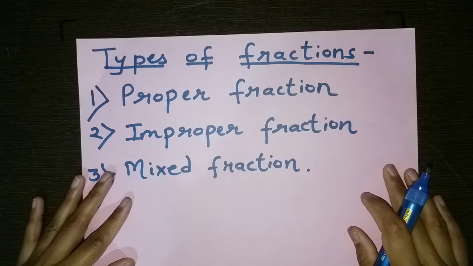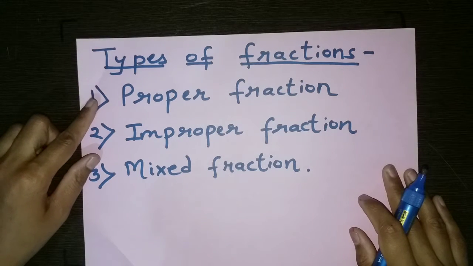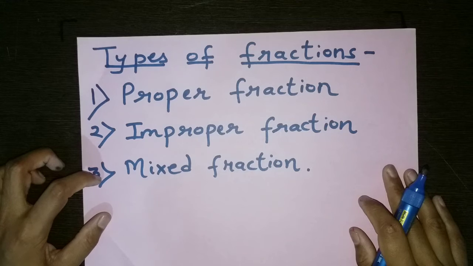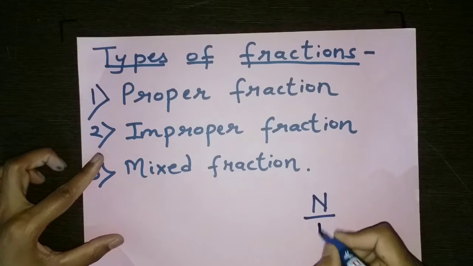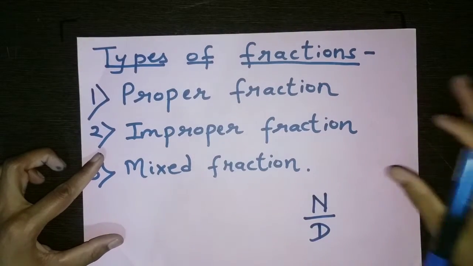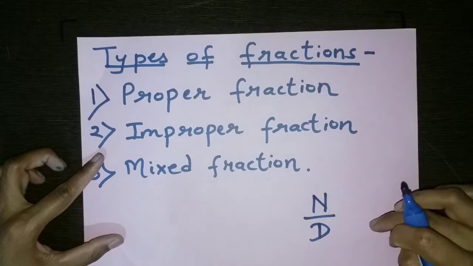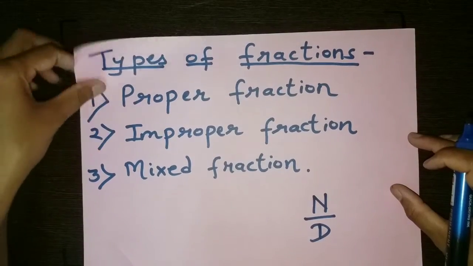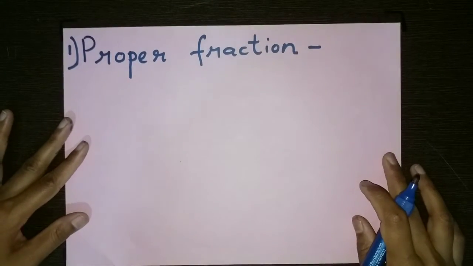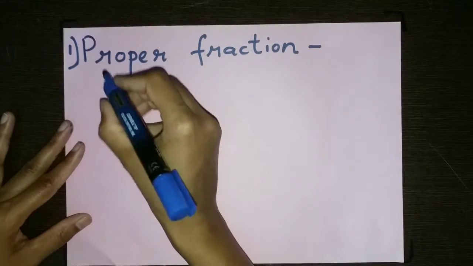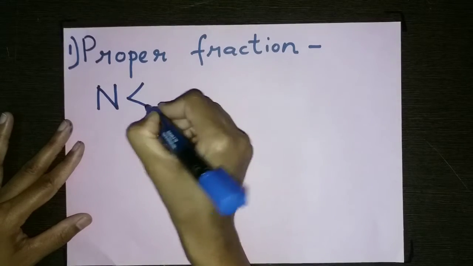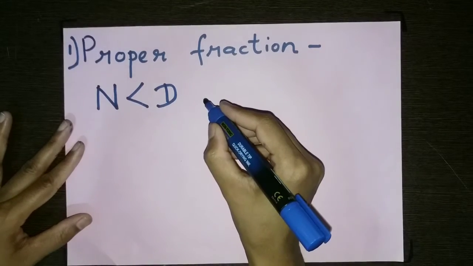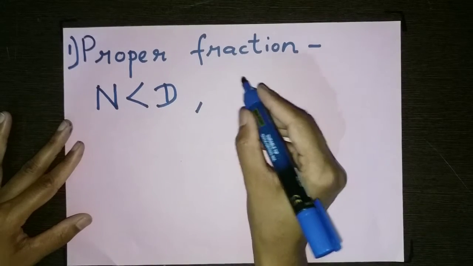Now there are 3 types of fractions. First is the proper fraction, second is the improper fraction, and third is the mixed fraction. As we know that we need a numerator and denominator, all these 3 fractions totally depend on the concept of numerator and denominator. So first I want to consider the proper fraction. When we discuss the proper fraction, we consider that when the numerator is smaller than the denominator,